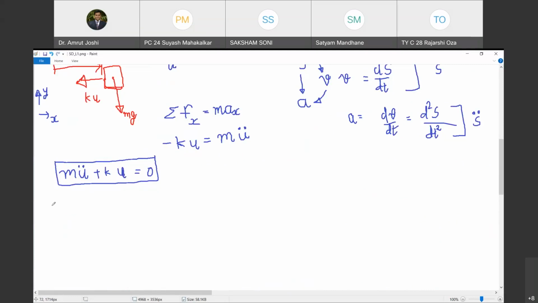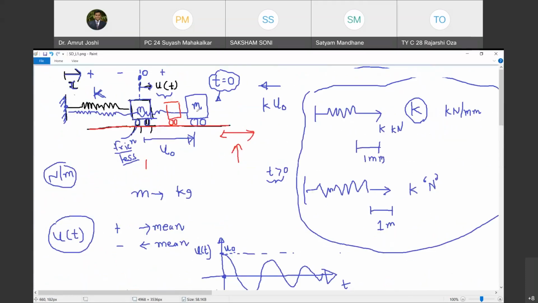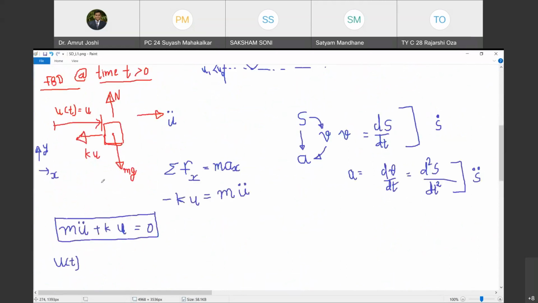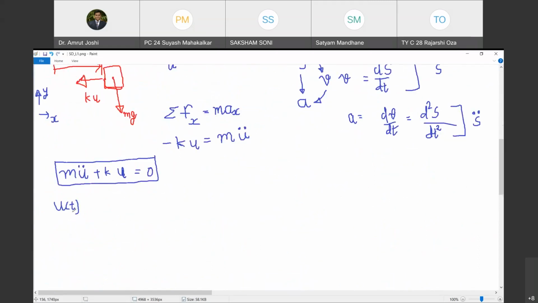Yes, sir. What is it that we are looking at? We are looking at quantities like u of t. So what is the position of this block after 5 seconds from releasing the block from u0? If I ask you that question, then I must be in a position to write down the equation of u as a function of time. Do you agree with me? Yes, sir. So how does the position of the mass change from u0 to other positions from time 0 to t seconds? You should know this. Are you with me? Okay, sir.